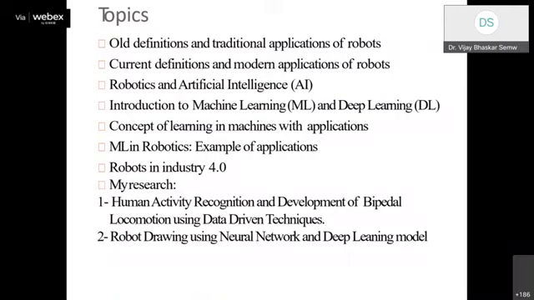And then a few of my works based on human activity recognition for robot walking generation using different computational data-driven techniques, neural networks. Second thing, how you can draw different geometry through deep learning or neural networks, like